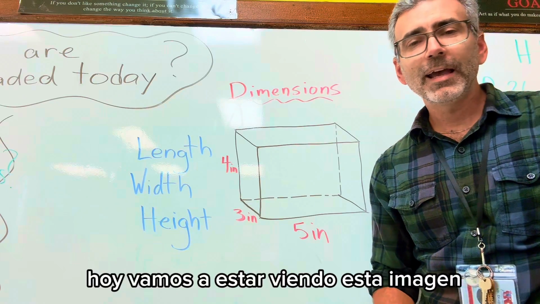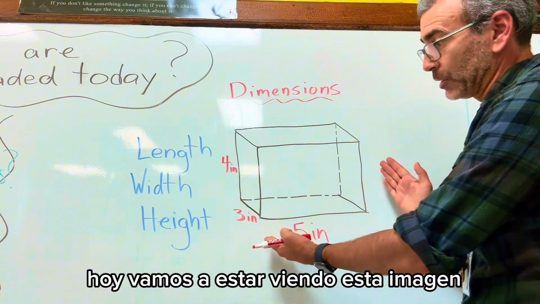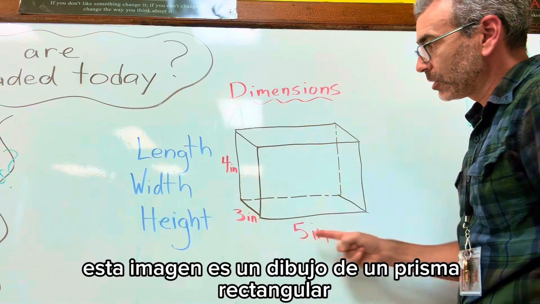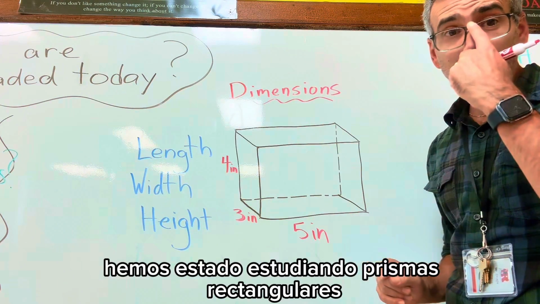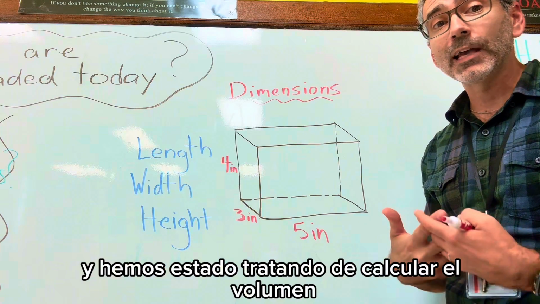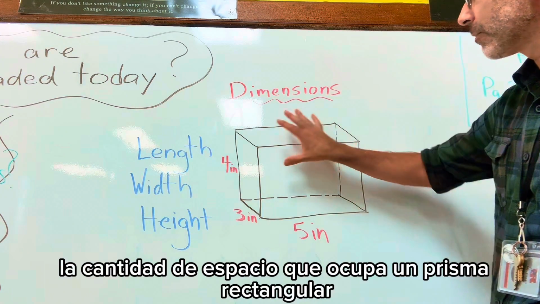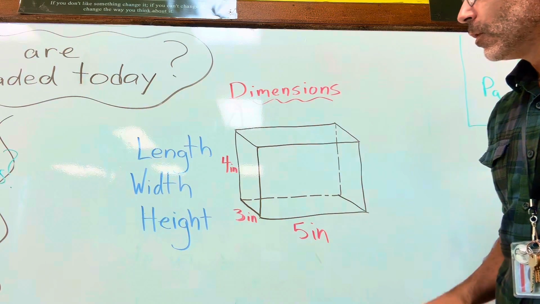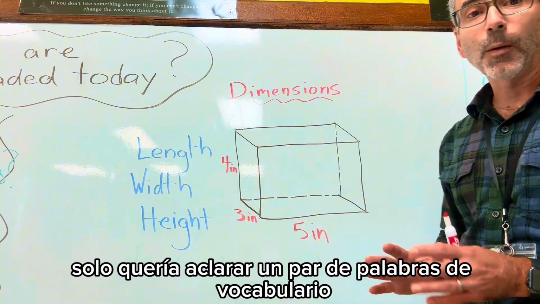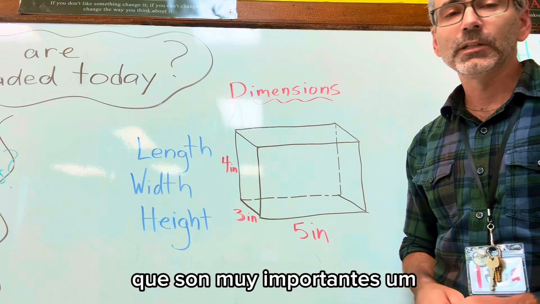Hi everybody. Today we are going to be looking at this picture. This picture is a drawing of a rectangular prism. We've been studying rectangular prisms and we've been trying to calculate the volume, the amount of space that a rectangular prism takes up. Well, today I wanted to just clarify a couple vocabulary words that are very important as we